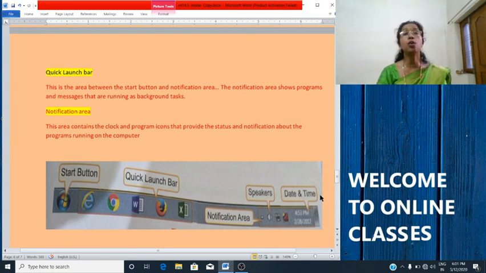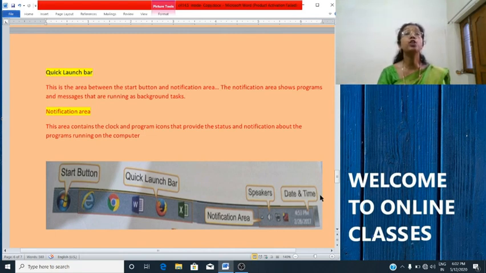Here we can add commonly used programs such as Internet Explorer, Word application, MS Paint, etc. that can be opened with a single click, quick access. Just one click only, these programs we can open. Thus, this bar provides an easy and quick way to open the program. So next to the start button is our quick launch bar.